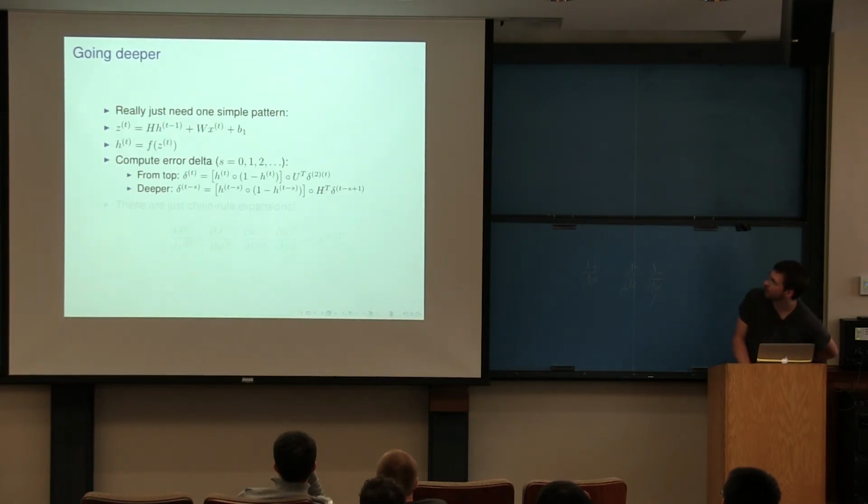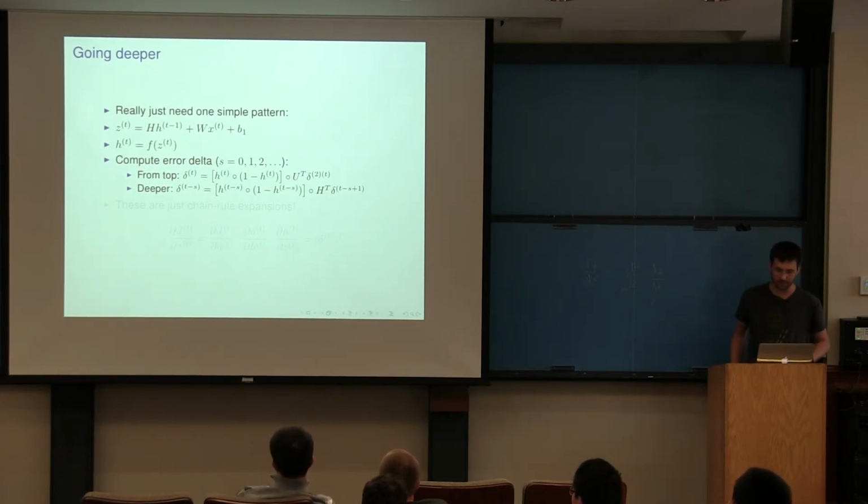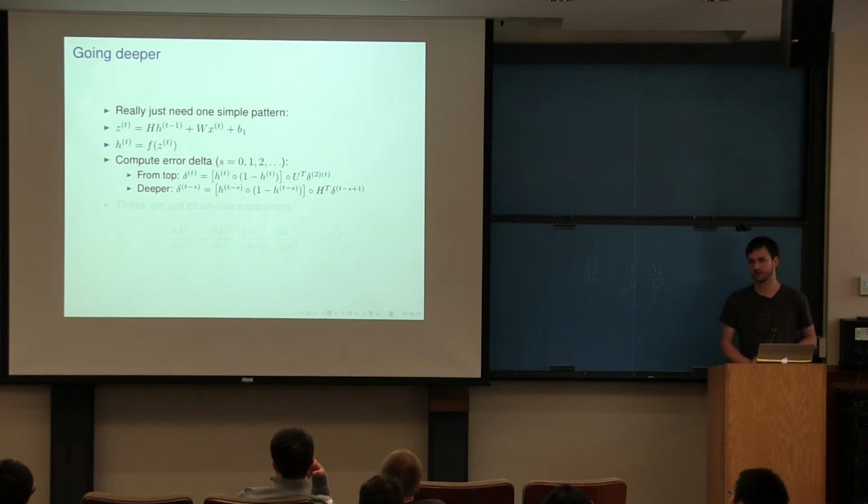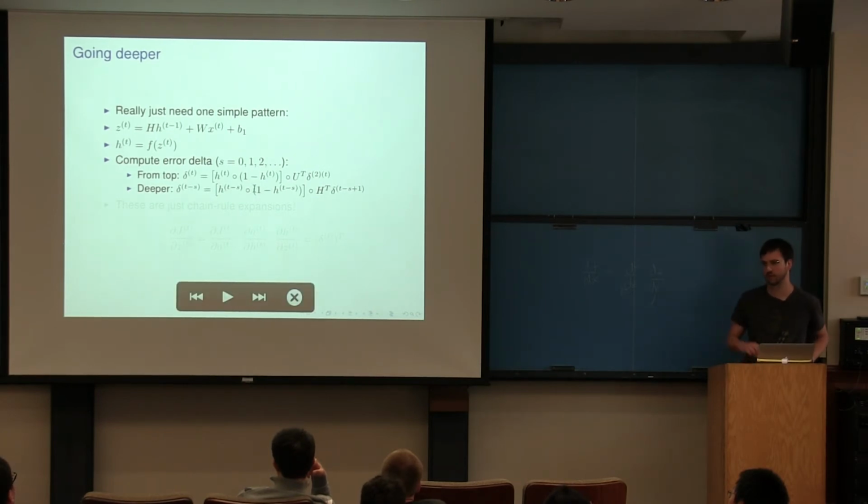If we want to go back further in time, we could write these out explicitly, but we don't really need to, because again, at each layer we're just going to have the same structure. There's going to be some affine transformation, and then there's going to be a pointwise nonlinearity. I wrote it as f, and in the expressions below I use the sigmoid derivative, but really this can be whatever you want. If it's tanh, instead of f times 1 minus f, you use 1 minus f squared. For other functions, unlike ReLUs, it's this piecewise thing.